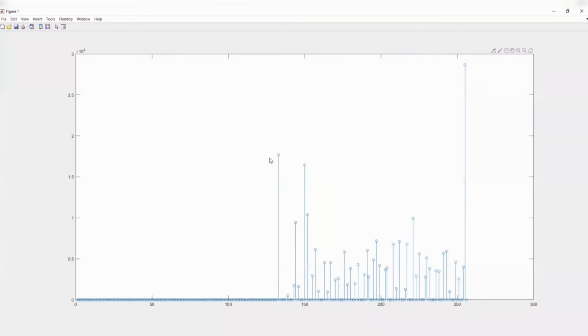So let me just quickly see the values here. For example, the intensity 133 is occurring 17,718 times, and intensity 255 is occurring 28,659 times, based on the number of pixels. Now, an interesting concept I want to put across to you is normalization of this. We know that the y-axis here is nothing but the number of occurrences in terms of the number of pixels, right? So shall I normalize by the total number of pixels?